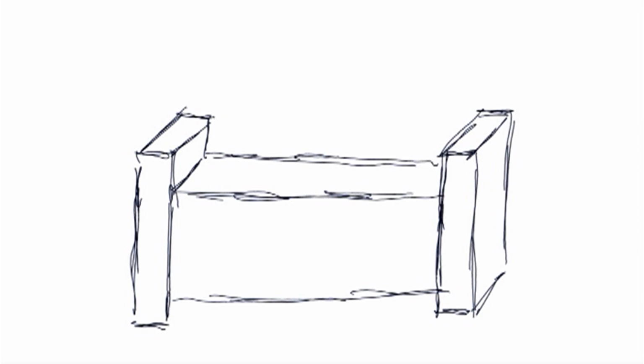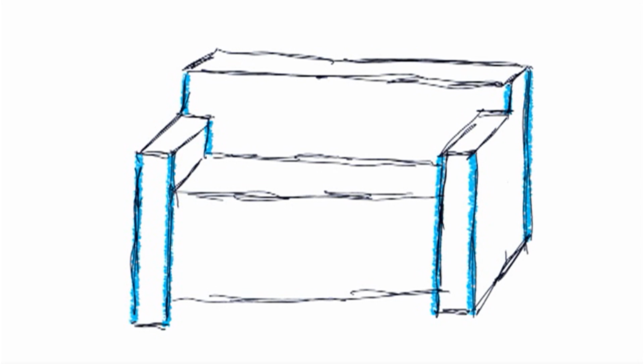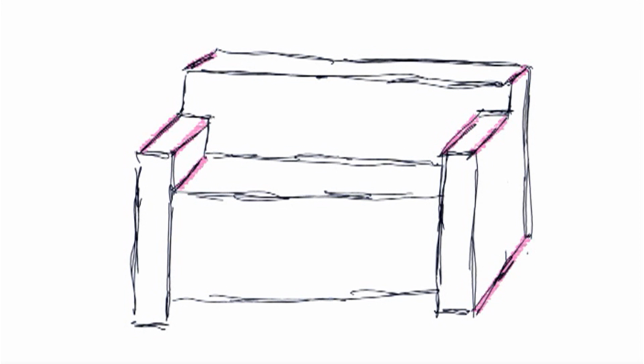This is using the cubical studies that we've been doing and stacking them together, and we're going to turn this into a couch. Later it could maybe be rounded off and other things could be added to it. And as you can see, everything is based on the three sets of parallel lines again.